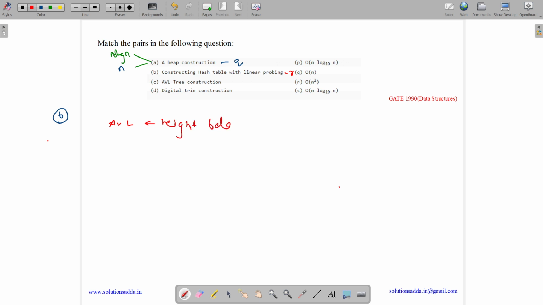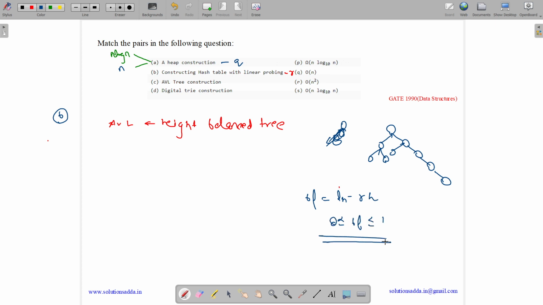Balancing the height means we cannot have skewed trees like this, and it is done using the balance factor. So this is skewed, and the balance factor equals left height minus right height.